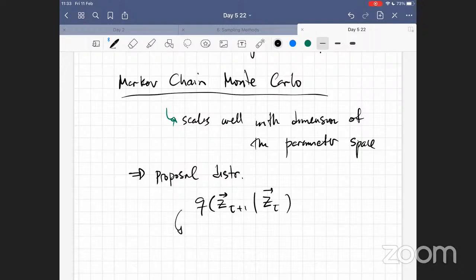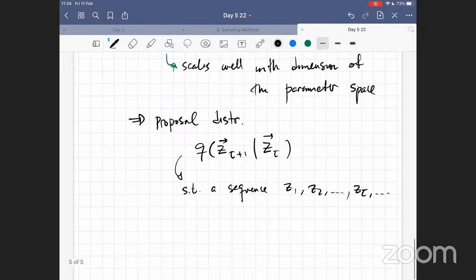So with this, you can form a sequence: z 1, z 2, in general z tau. And then this is going to be a Markov chain, because it will satisfy the Markov property